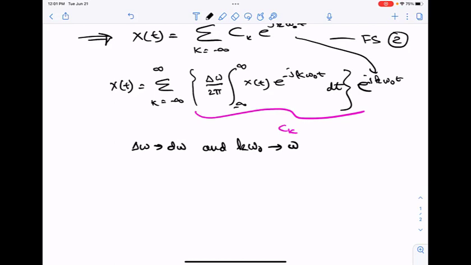And we'll move the 2 pi factor to the front, and we rewrite this equation as x of t equal to,